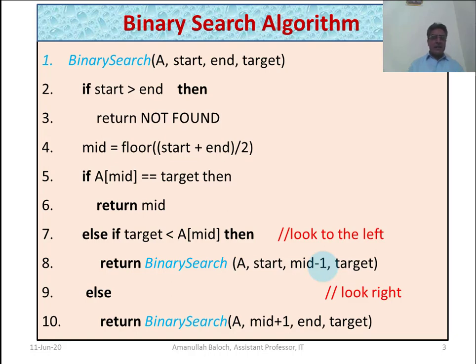Similarly, binary search does not return the value, it returns the index number of that target value, that is, where the target value exists. This algorithm returns the index value, just like the nurse or the attendant of that ward returns the bed number, not the name of that patient.